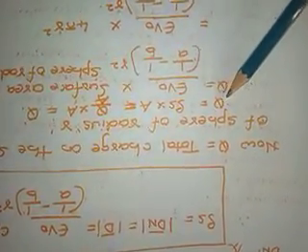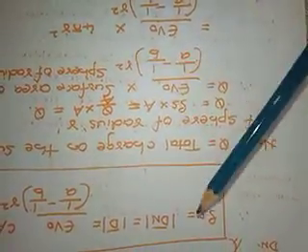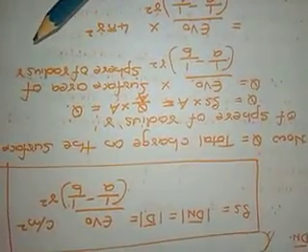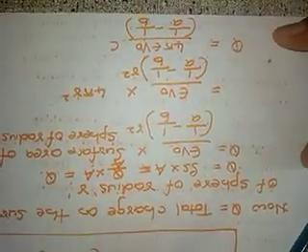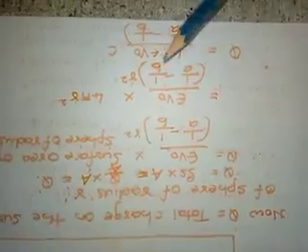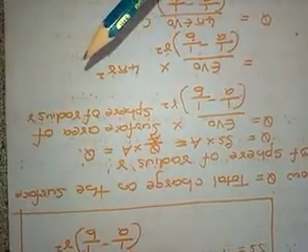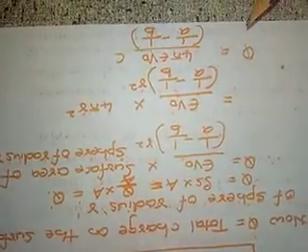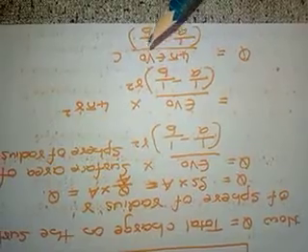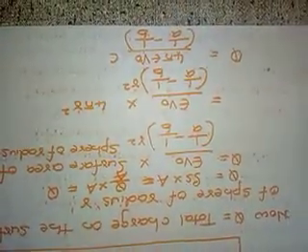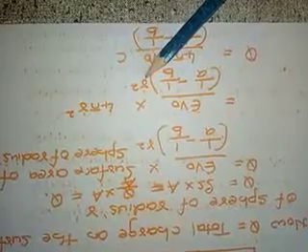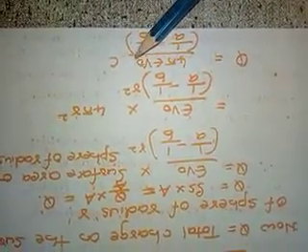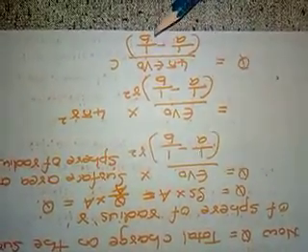So what is charge then? Q is rho s into A. Rho s is this term here, multiplied by the surface area of the sphere of radius R. So here it will be epsilon V naught divided by 1 upon A minus 1 by B R square into the surface area of the sphere of radius R, which is 4 pi R square. Let's substitute that. So Q is equal to 4 pi epsilon R square, and this R square and this R square will cancel. So what you get is Q equal to 4 pi epsilon V naught divided by 1 upon A minus 1 by B coulomb.